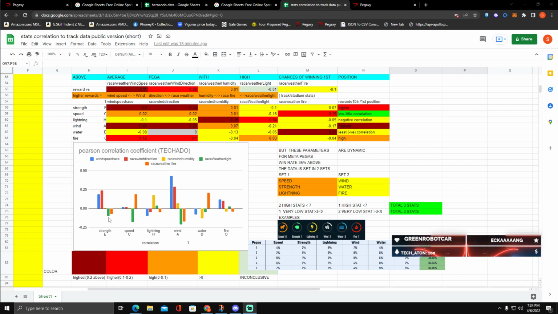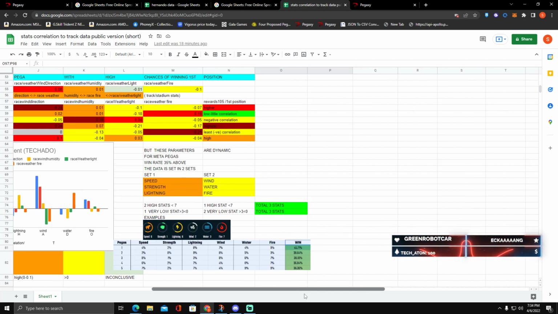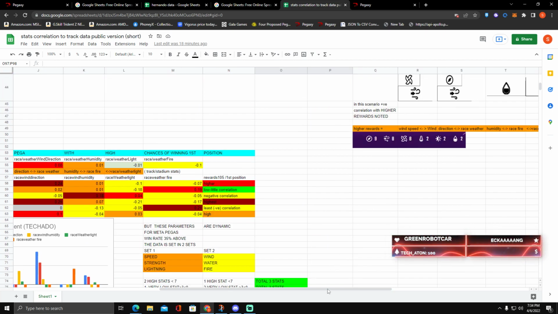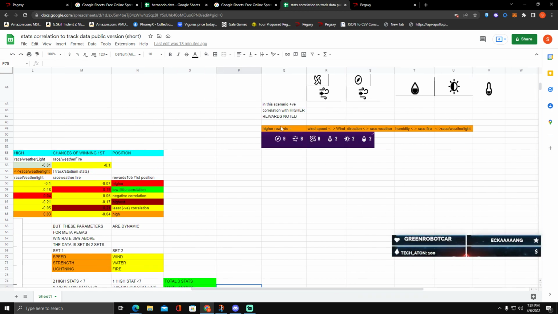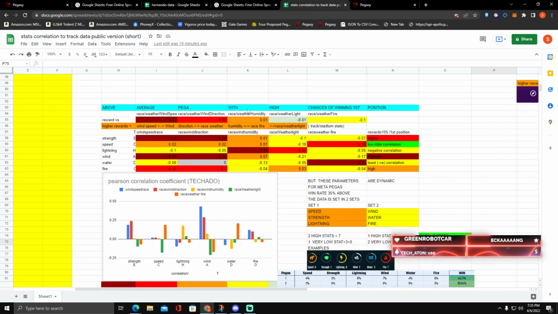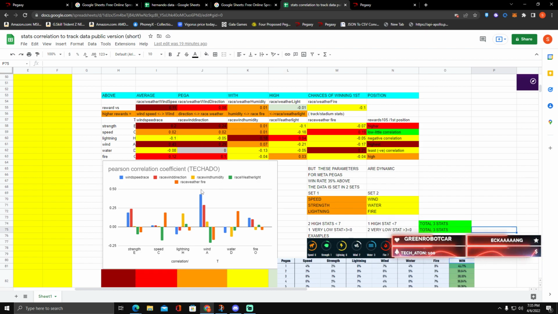As you can see that strength is having positive correlation with wind speed and wind direction. And as we know from our first episode, higher rewards is equal to wind speed, which is more than wind direction, which is more than weather humidity, which again is more than fire. So we bring that into this chart, and you can relate that the highest reward is if your Pega is having very high